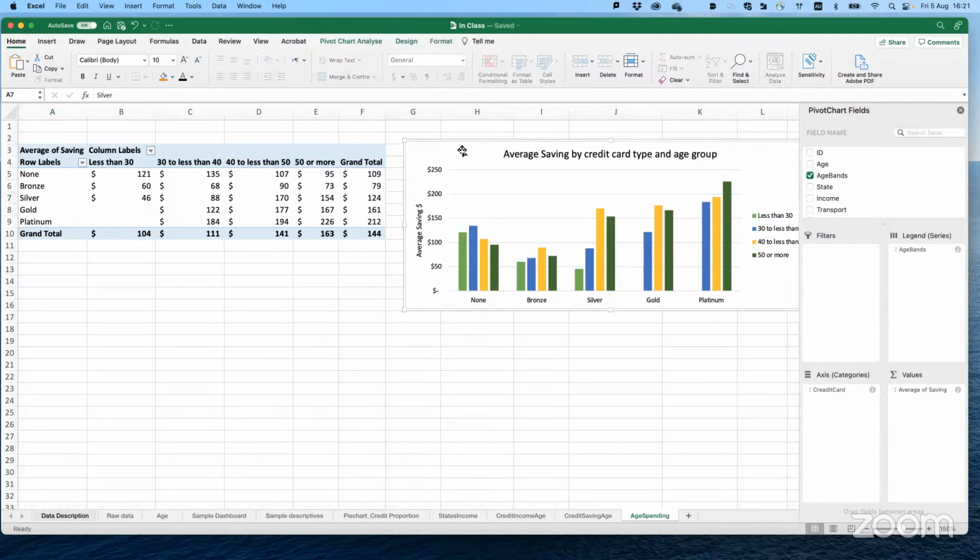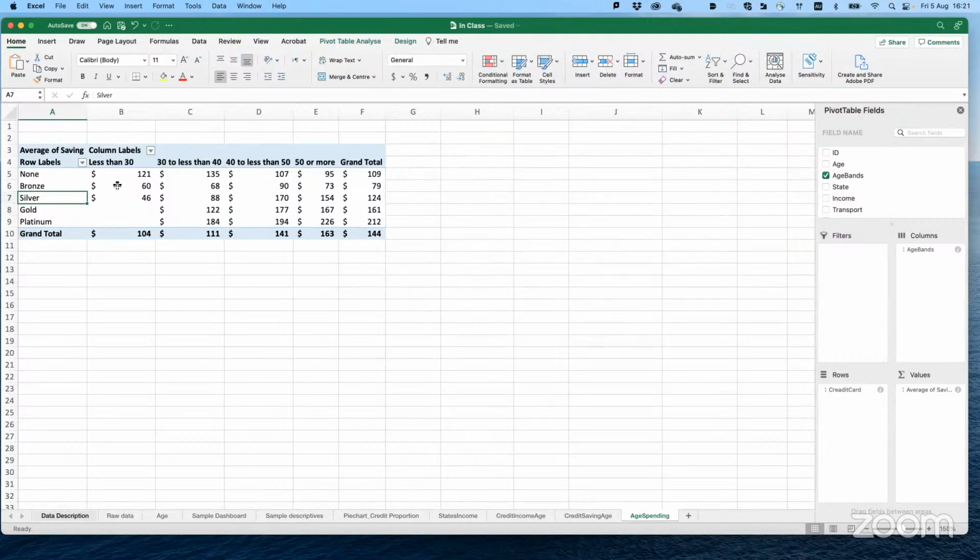We don't need this graph. What are the things that we want? Let's have all of the age bands as rows.